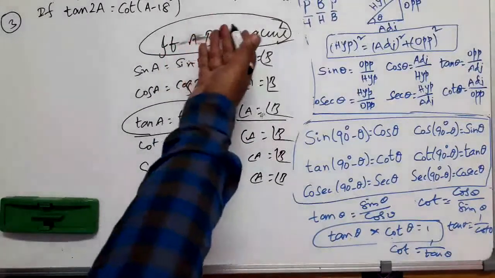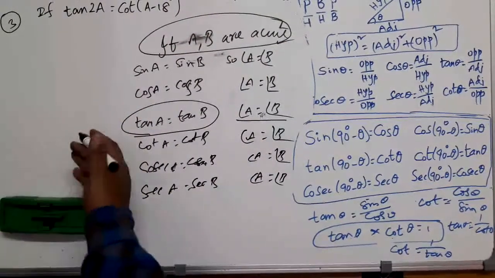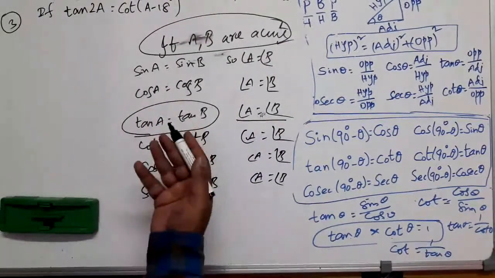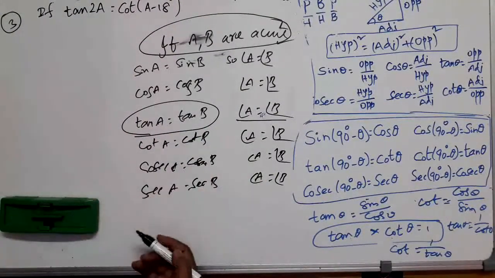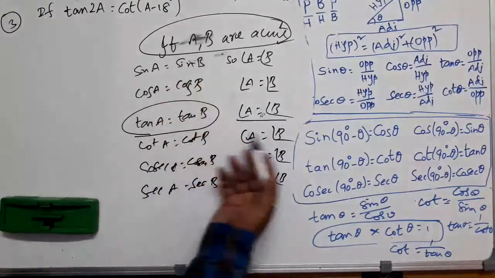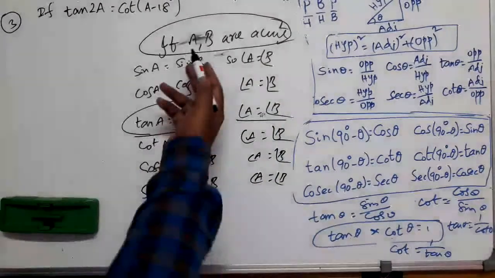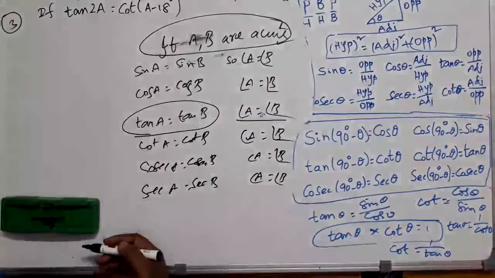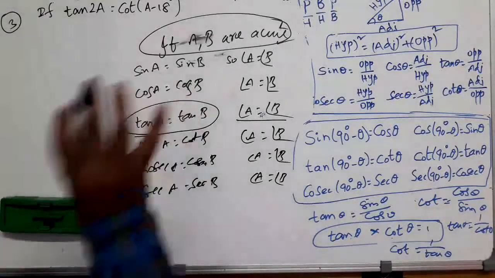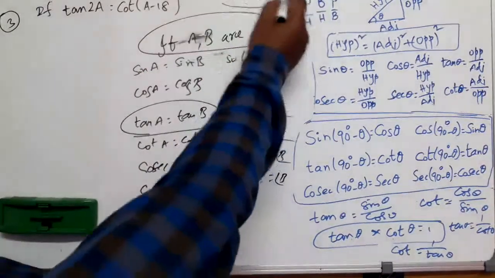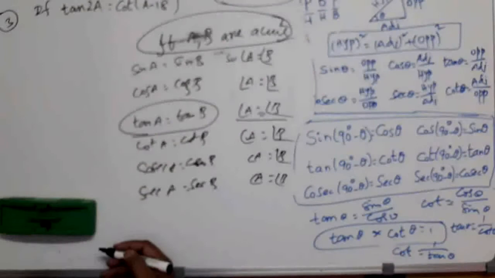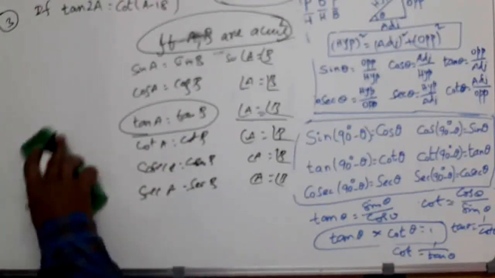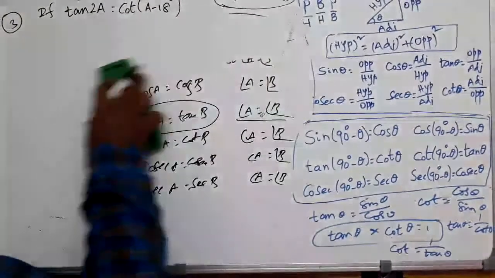In this question, 2A is given. In one more question, you will see angle 4A is an acute angle. That is mentioned because to use these relations, the angles should be acute angles. To satisfy this condition, he is giving you some information about the angle. Like this, 2A is acute. So, let us see how we can solve this.